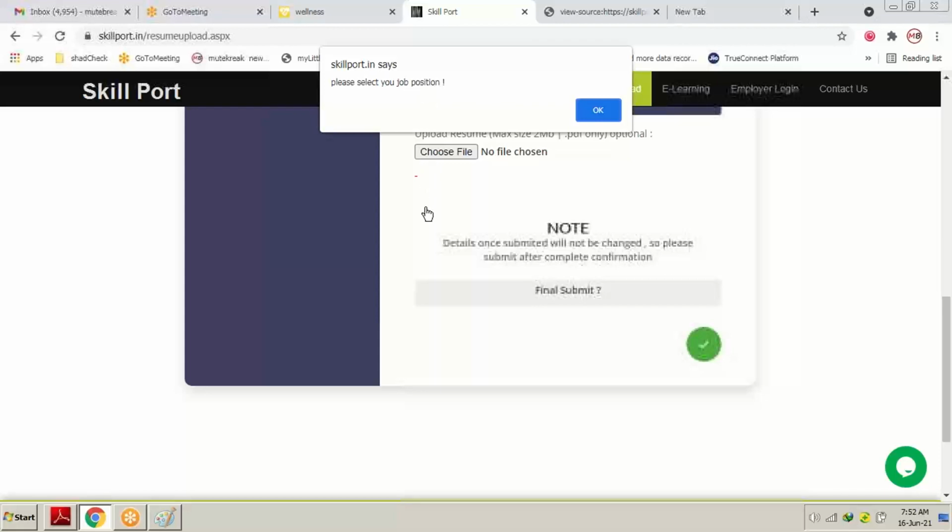The page itself knows which text box is empty, and I should not leave any text box empty, so the page itself tells me that I have to insert some data, because that particular text box is empty. So this alert box, how is it coming?